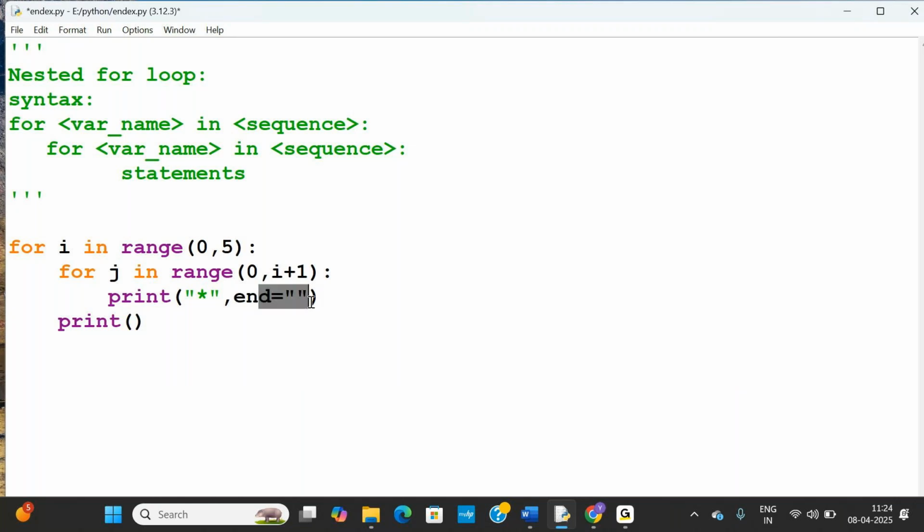All the stars are printed in a new line, so then you can't print the star pattern. If you give the end parameter, it will print the stars one after another. That is the reason I am using the end parameter here. And why am I writing another